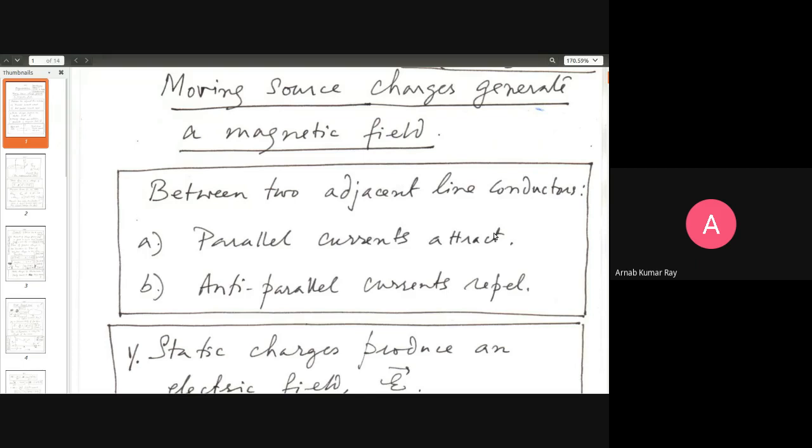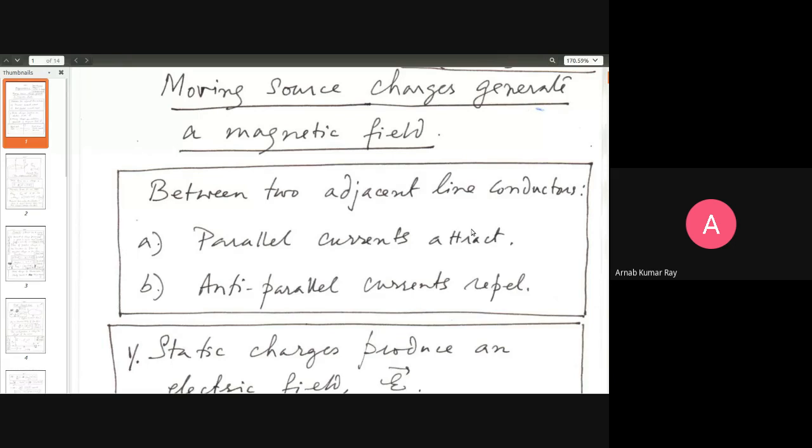Charge can be thought of as a point, but a current must be thought of in terms of a small line. It can be a small line, it can be a long line, whatever, but a line. It's a one-dimensional object at the very least. A point charge is a zero-dimensional object, on the other hand. Anyway, so let us make a note of one observation.